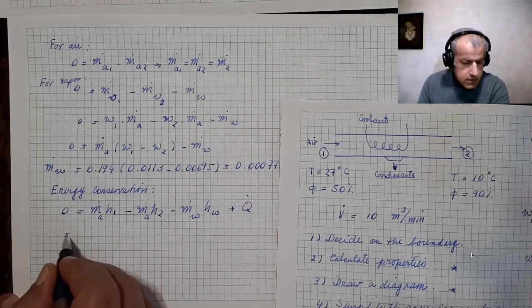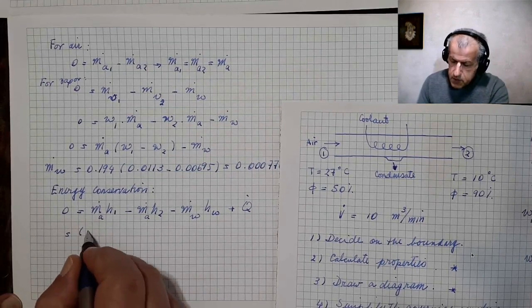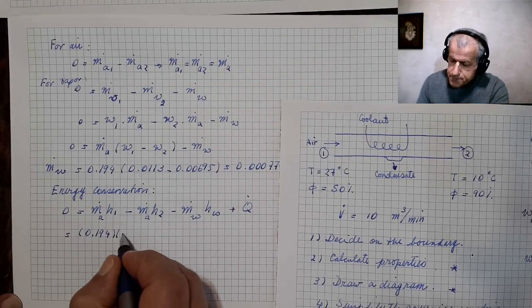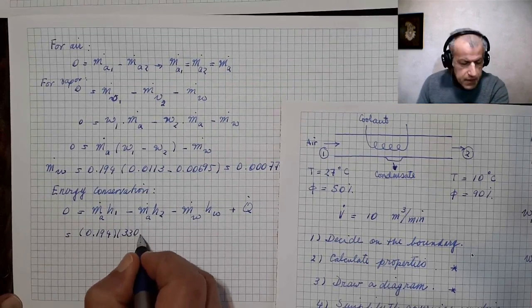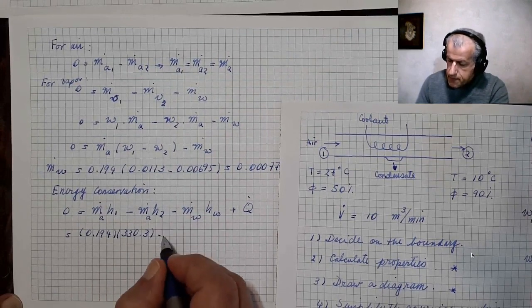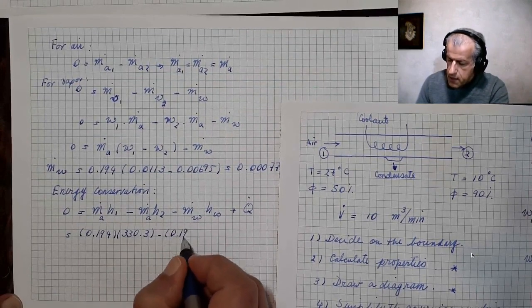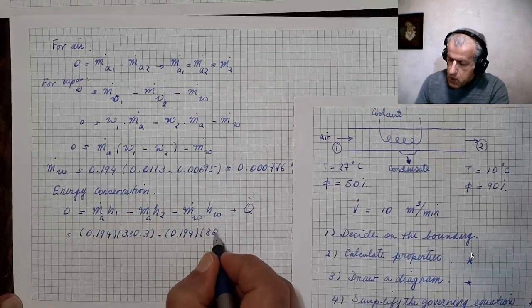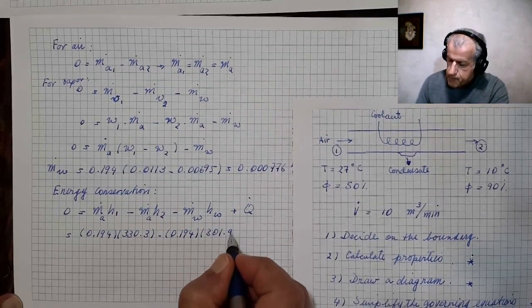So this would equal 0.194 times 330.3 minus 0.194 times 301.9